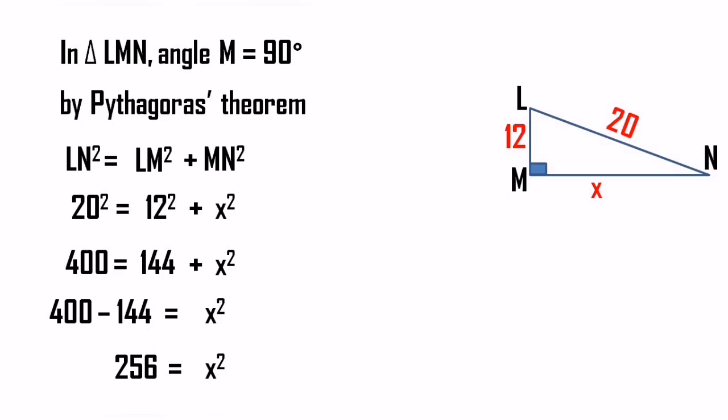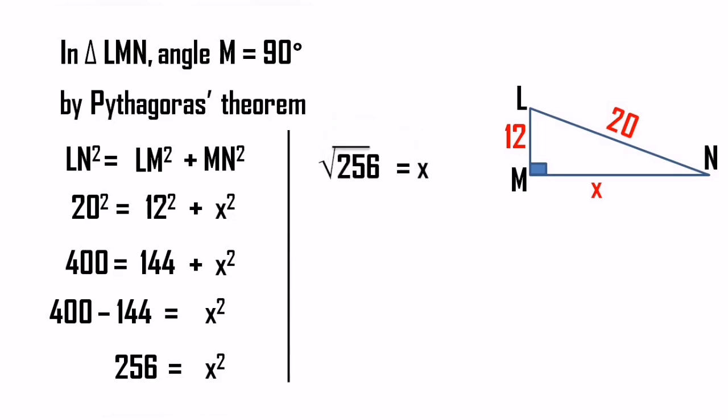The moment you get this answer 256, I always told you, in Pythagoras theorem, whenever you apply the formula to get the final answer, we have to do this square root of the number that you come across. That is, over here 256 is equal to x square. That means I need to find the square root of 256. Only then I'll get the value of x.